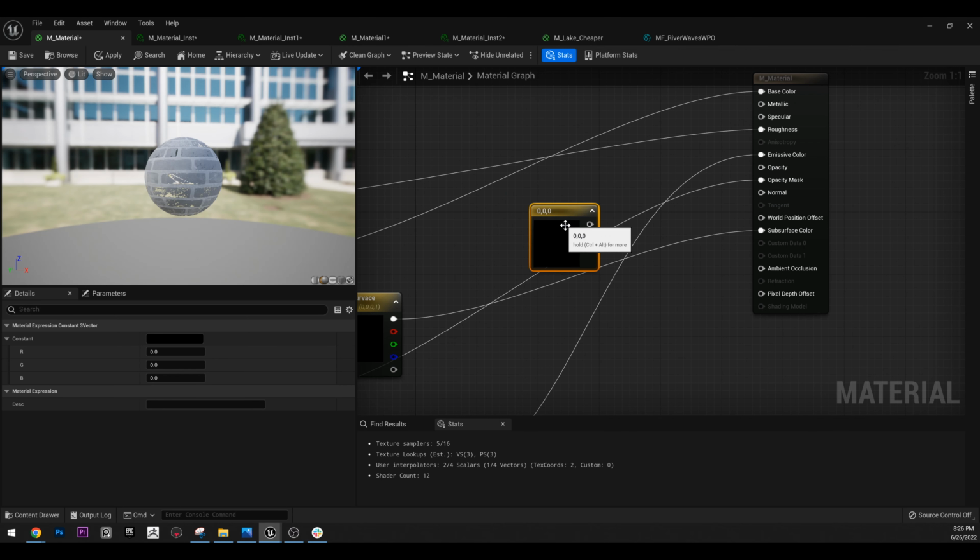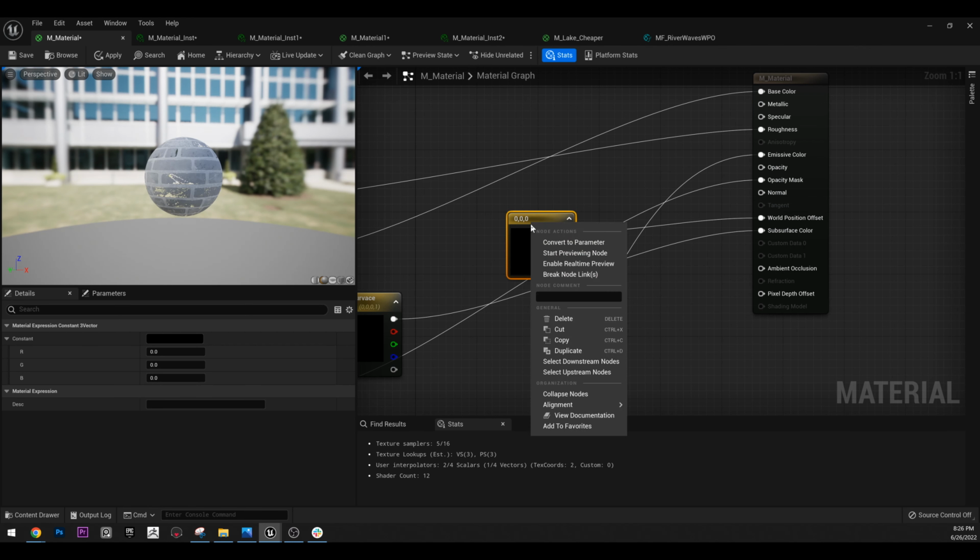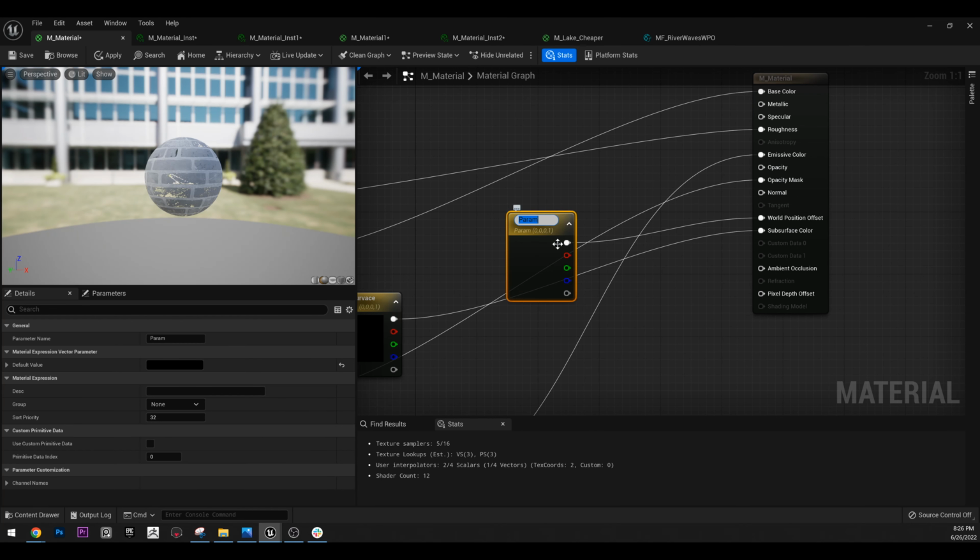Well, it's not that we need a color, but we need a vector with 3 values, a vector 3, and a color is such, a color is a vector, so you can use it. And if you connect it to the world position offset and convert this parameter and name it position offset,